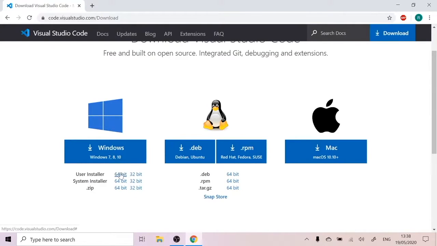Most of the machines are 64-bit. If your laptop is over 10 years old, or your computer's over 10 years old, it may possibly be a 32-bit computer. Now, one way of checking this, and a quick way of checking this, is if we go to the